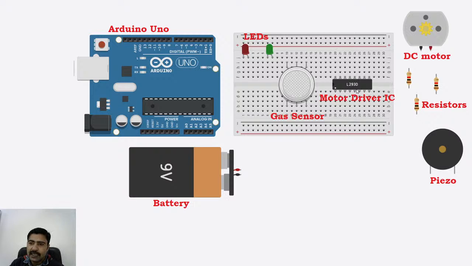In this project, you need to indicate the intensity of the gas. If it is less, you will indicate it with a green LED. If it is high, you need to indicate with a red LED. In a similar way, if gas concentration is low, the piezo speaker will remain in off state, and if the gas concentration is high, you need to turn on the piezo speaker and you need to turn on the motor. This 9-volt battery is used to drive this motor, as we have shown in the previous example of the motor. This 9-volt battery will be used to connect this red wire with this power line 2 to drive the motor. So using these components, you need to